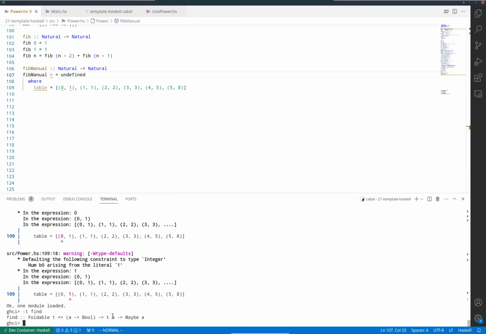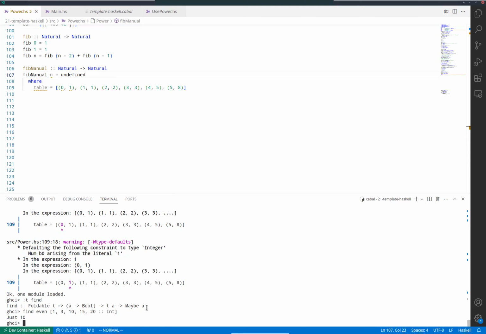And if it finds an element in the container that satisfies the predicate, it returns just that element, otherwise nothing. So we can do, for example, find even [1, 1, 3, 10, 15, 20]. It will give me the first element that satisfies the predicate, that's even in this case, which is the 10. And if there's none,